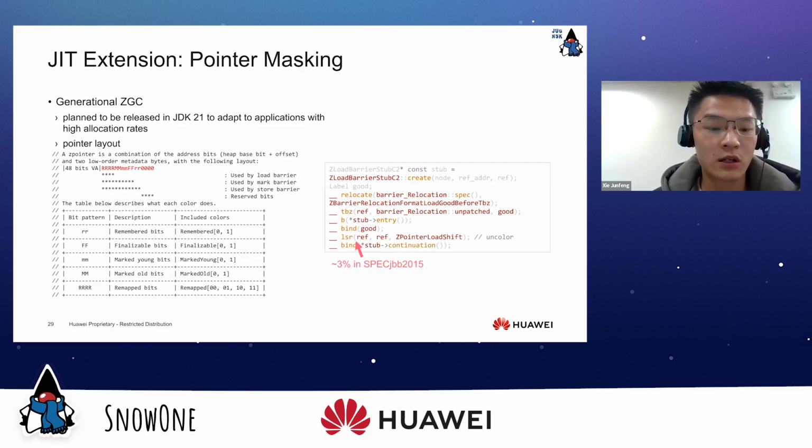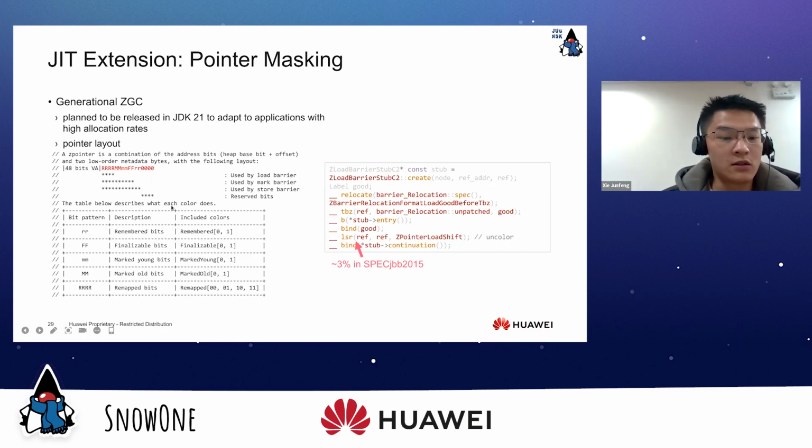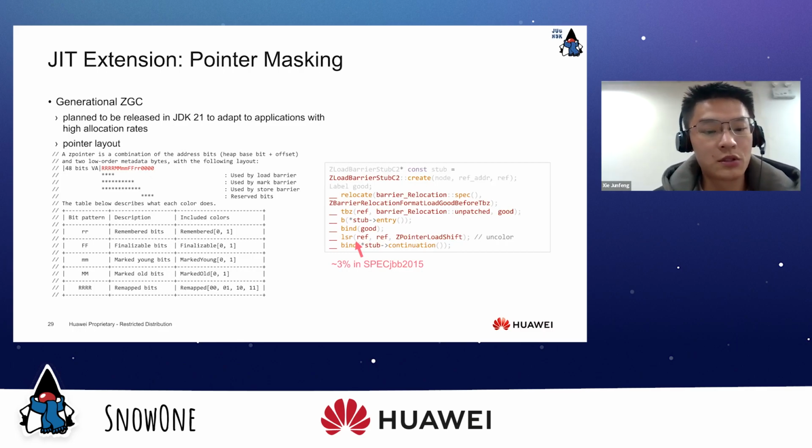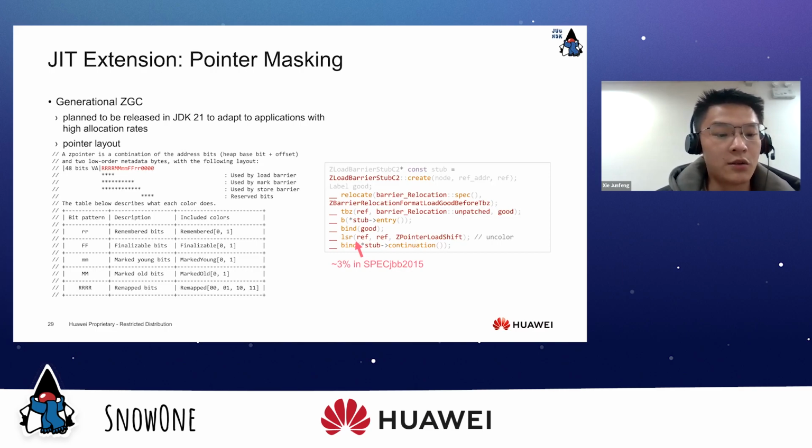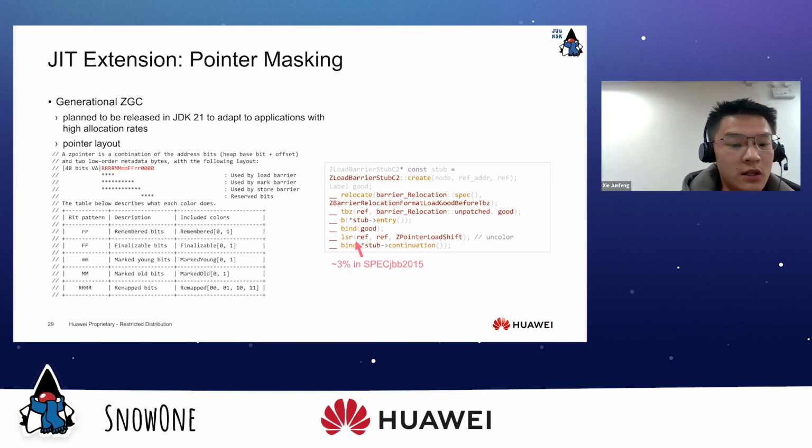The colored pointer now has 16 colored bits. So it's not possible to use multi-mapping anymore. TBI also cannot be used to implement such colored pointer because it can only ignore 8 bits, which cannot cover all 16 colored bits.